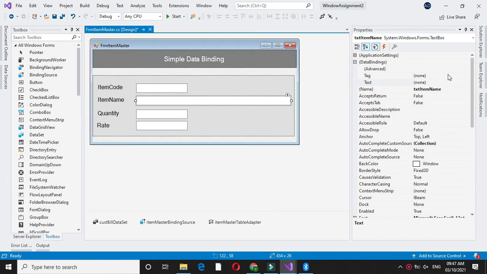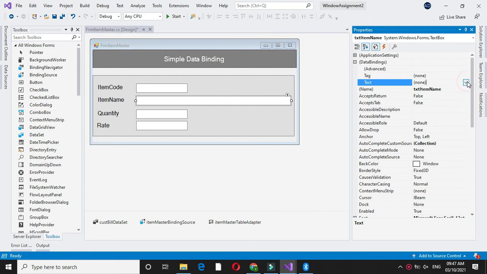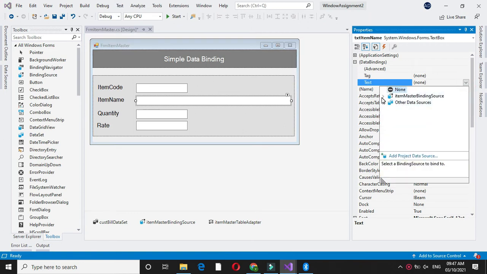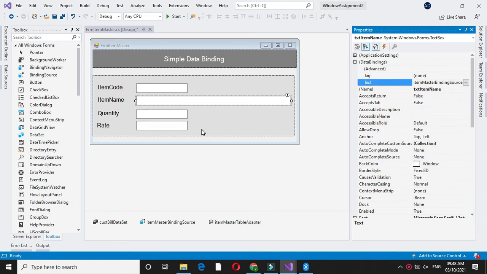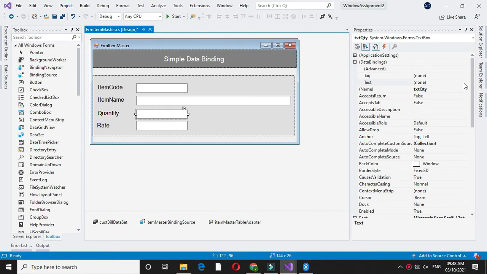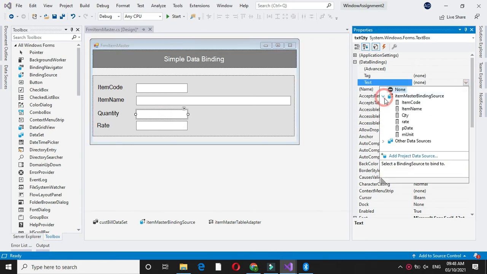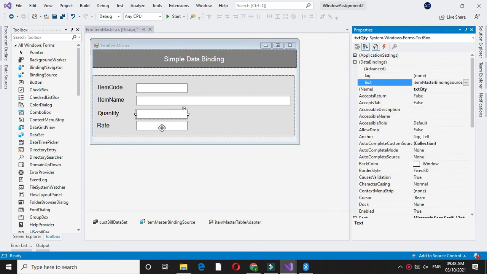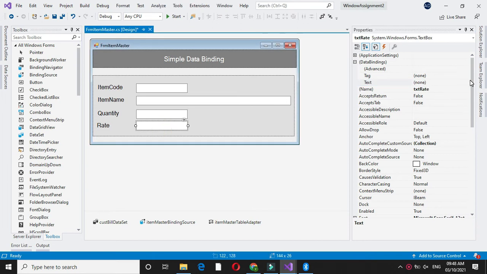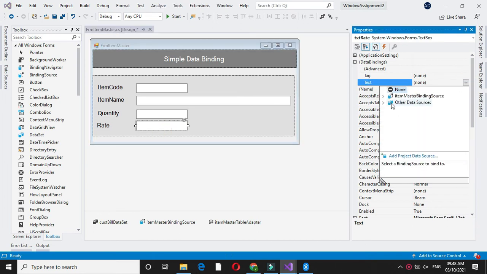Now for item name, we will select the item master binding source. Here we will bind it with item name. Then for quantity, we will bind it to quantity, and for rate we will bind it to rate.